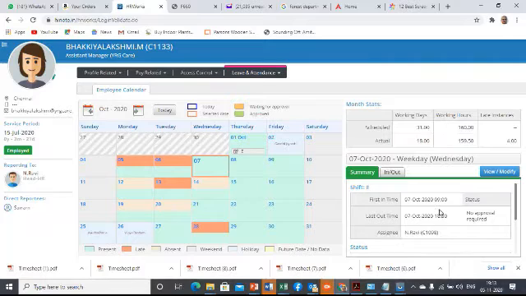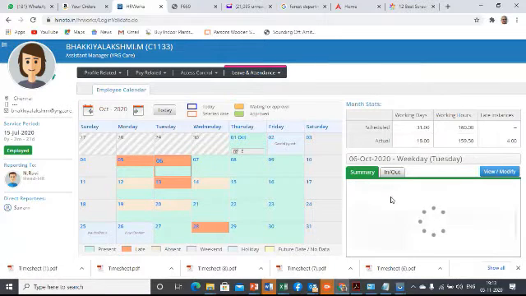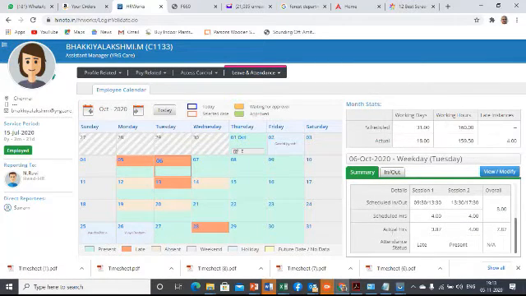Now let's take 7th of October for this particular person. You will see on the right hand side that for this person the total number of scheduled hours was 8 and the person has logged in more than 8 hours, 9.5. So this is a case where there is no action required from the supervisor. Now let us take this dark red case. Now you click on 6, you will be able to see that the actual hours entered by your subordinate is less than 8 hours and more than 7.5 hours. So it is treating this difference as late.